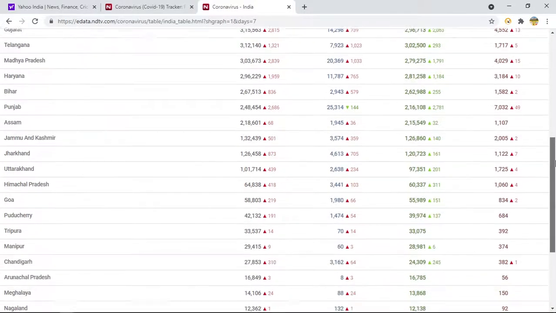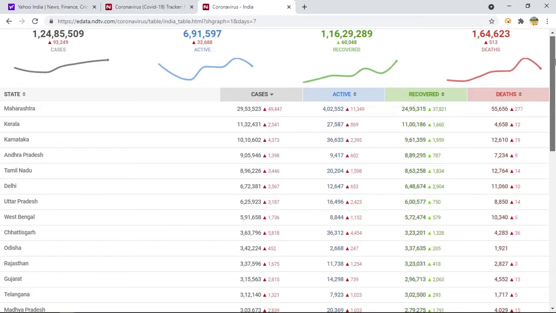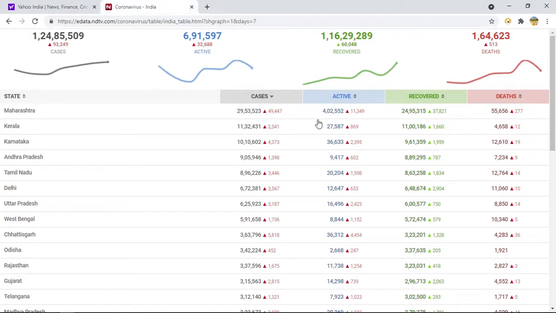And suppose I'm a manual tester. What will a manual tester do? The manual tester will have to check the sum. This gray line is for the first row, the second blue one is for the active cases, the third green one is for the recovered cases, and the total number of deaths encountered is this one. And what is this 32688 and the red number below? It is the sum of these numbers, right? For the first one, this is this one. For the second one, this is this one.